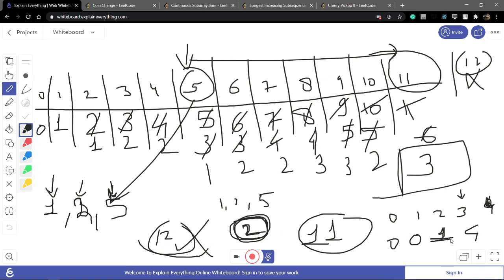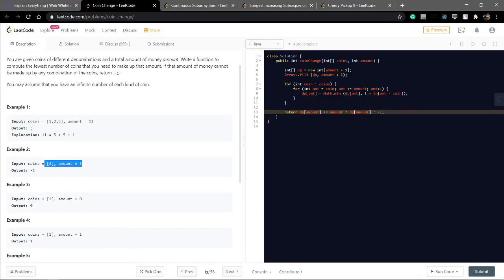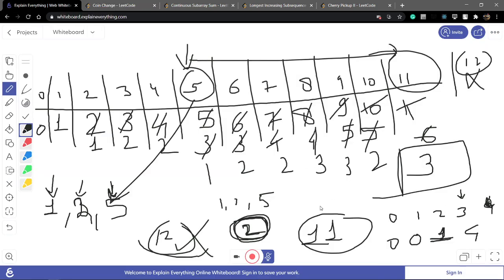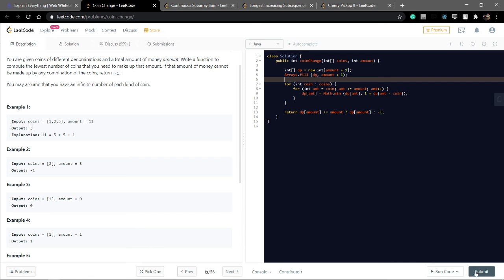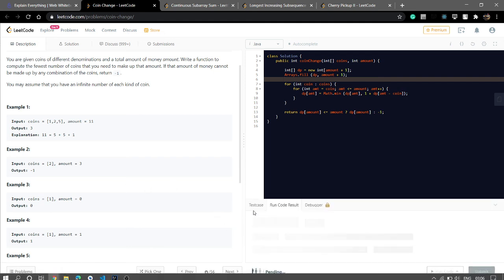By default the value is filled with the maximum value. Now 3 minus 2 is 1, and the value at 1 is 4. So 4 plus 1, minimum is 1 coin, but this does not complete a solution, so it returns minus 1, because the amount is not less than the limit.